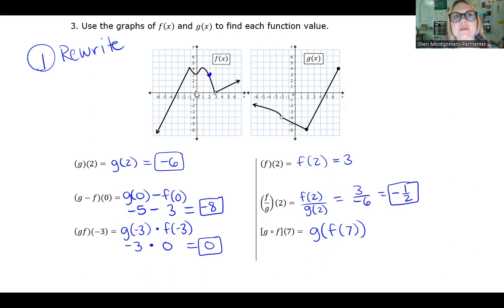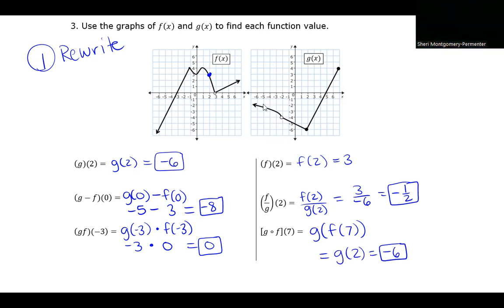On my f graph, I go all the way over to 7. Where's my graph? 2. So then this becomes g of 2, which we already answered first thing. What's g of 2? -6. You are done. I would go and do the homework problems with the graphs first, because those